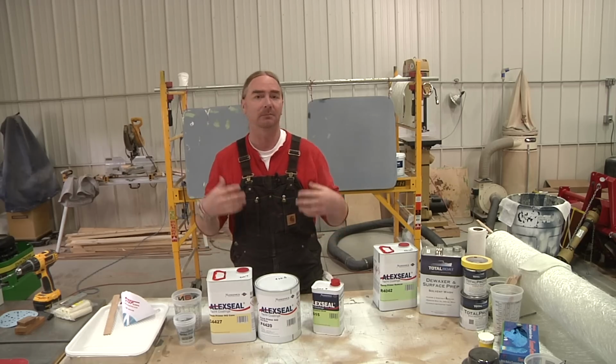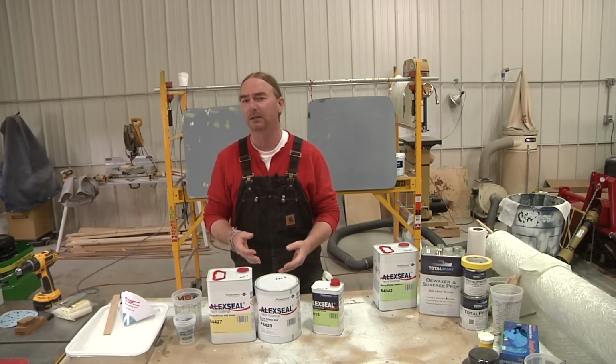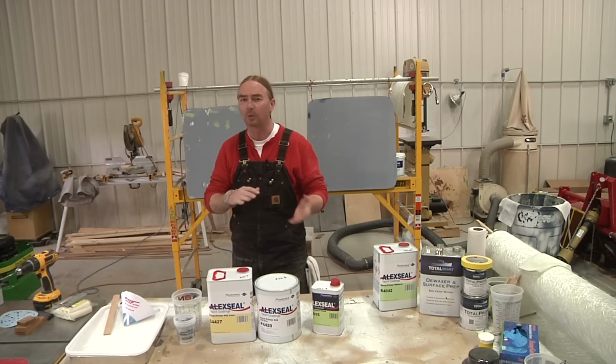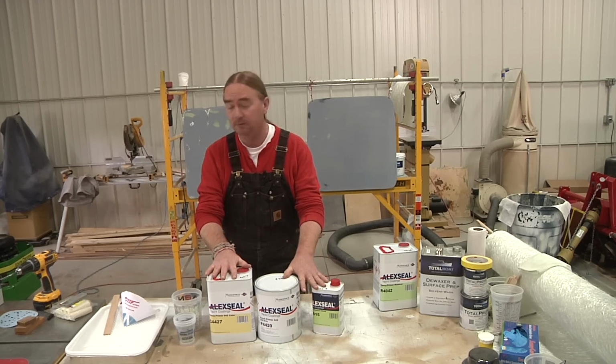But here inside a shop, inside a closed environment, I'm not going to reduce it that much. I'm probably going to go about half that, say somewhere between the 12 to 13%. So let me get this stuff mixed up and